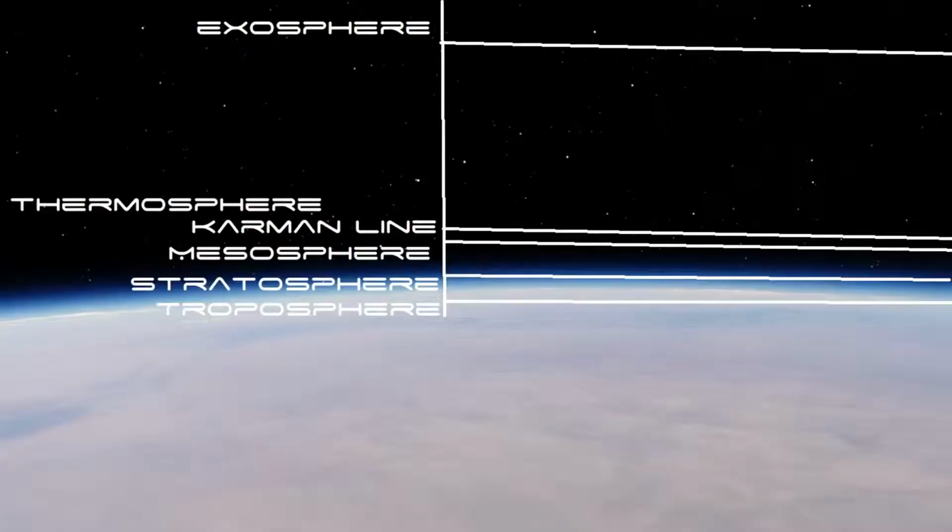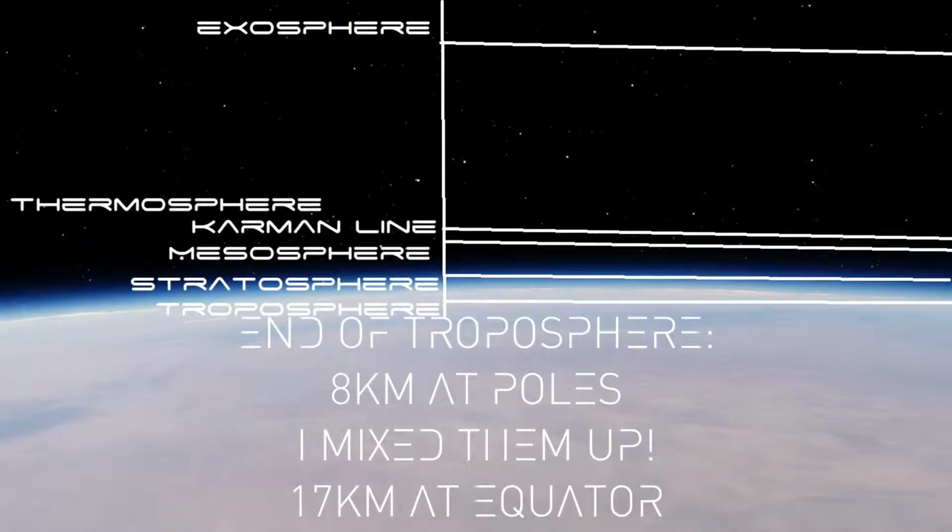and my projects. The layer we live in, the troposphere, is the lowest and the thickest, with enough oxygen concentration for us to live. As most of the atmosphere's water vapor is here, most of weather happens in this layer. Apparently, the height at which the troposphere ends, aka the tropopause, is not constant, as it varies from 8 kilometers at the equator, like here in Singapore, to 17 kilometers at the poles, although weather and seasons affect it as